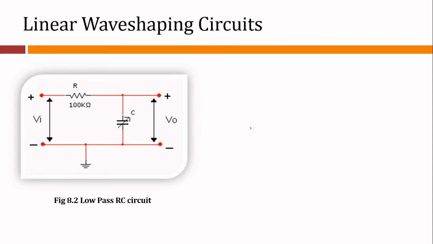Now you see here the low pass RC circuit as shown in this figure. In a low pass RC circuit, the output voltage Vout, or VO, is taken across the capacitor. The resistance offers a fixed opposition here. Since the reactance offered by the capacitor C falls with the increase in frequency, low frequency signals develop across the capacitor, but signals of frequency above the cutoff frequency, that is F2, develop negligible voltage across the capacitor C.